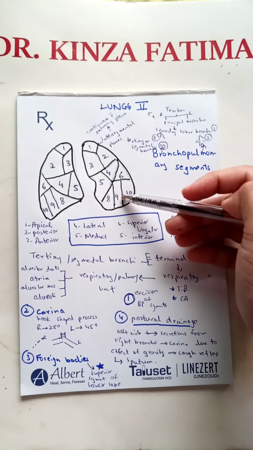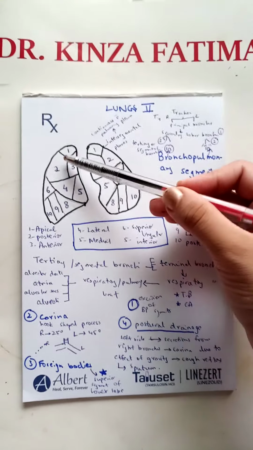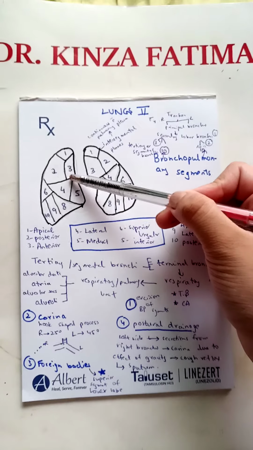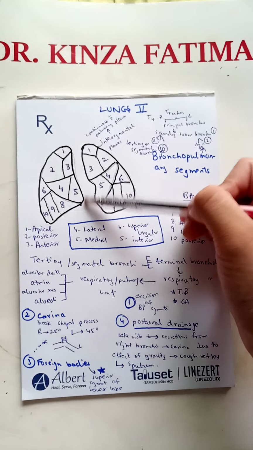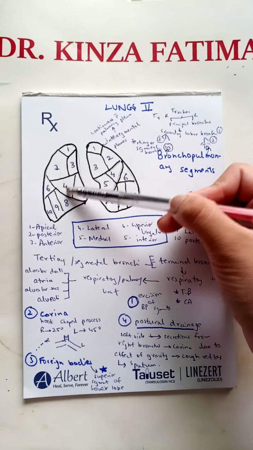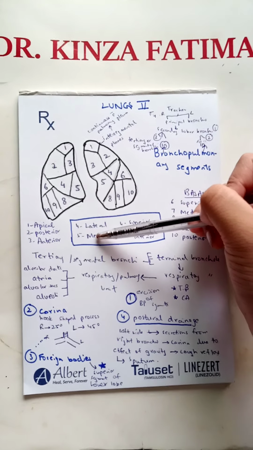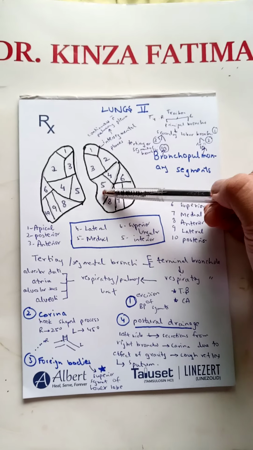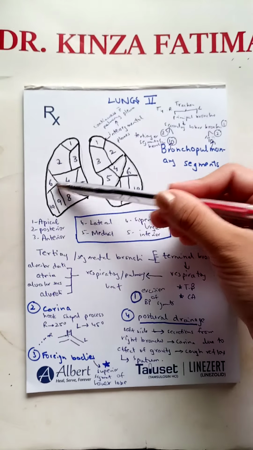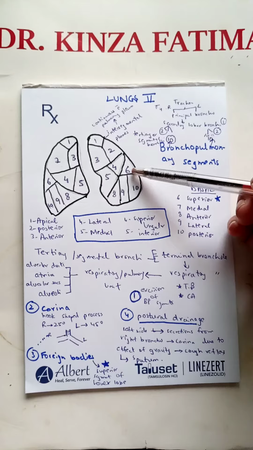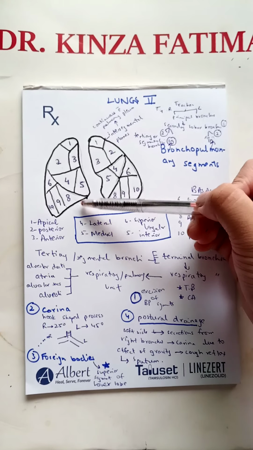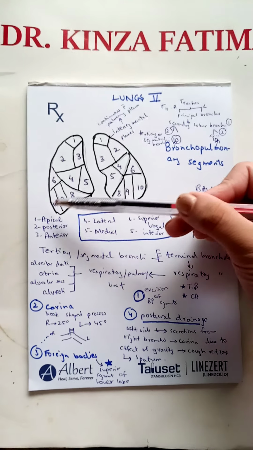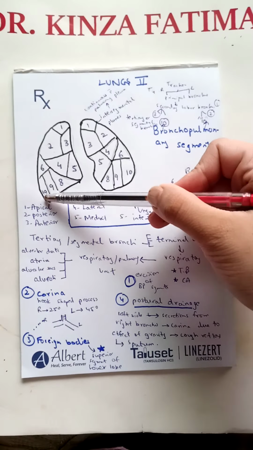Hence, if we summarize the bronchopulmonary segments, number 1 is the apical, and 2 and 3 are the anterior and posterior in the superior lobe. In the middle lobe there are 4 and 5. On the right side they are the lateral and medial, and on the left lung they are the superior lingular and the inferior lingular. Now if we see the inferior lobe, it consists of the superior basal, then the medial basal, which is not drawn, number 7. Numbers 8, 9, 10 are the anterior, lateral and posterior basal.